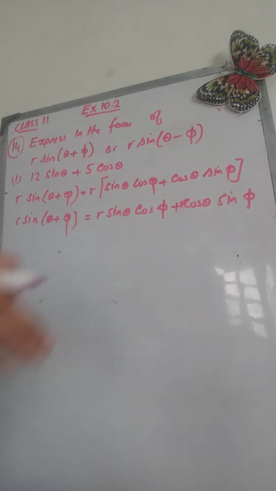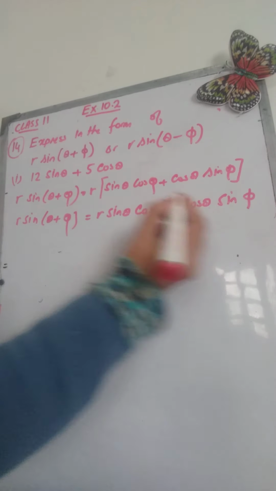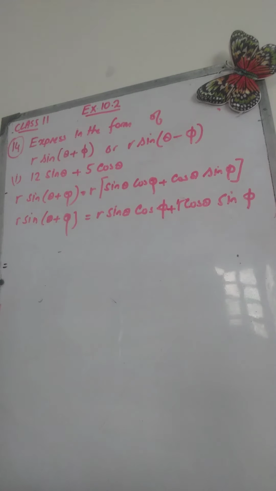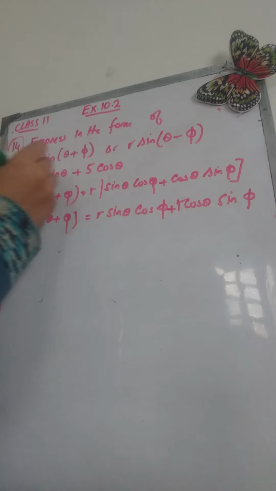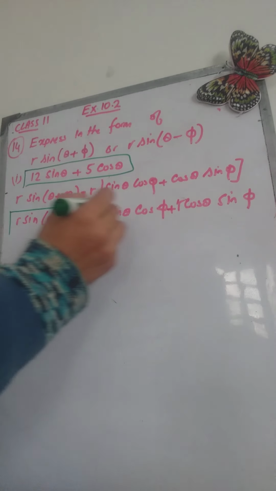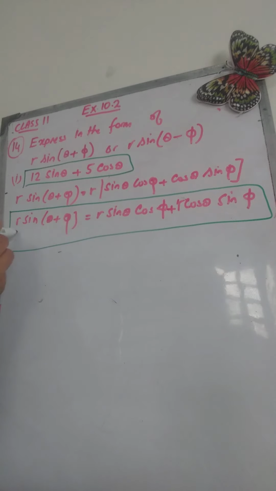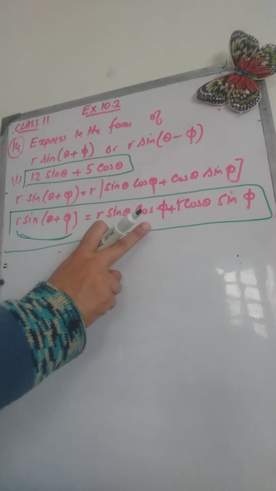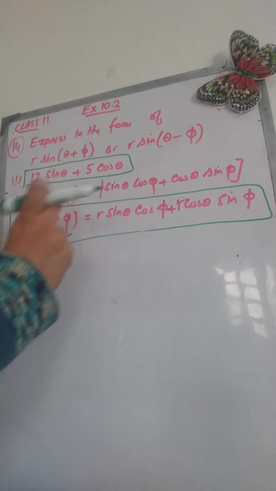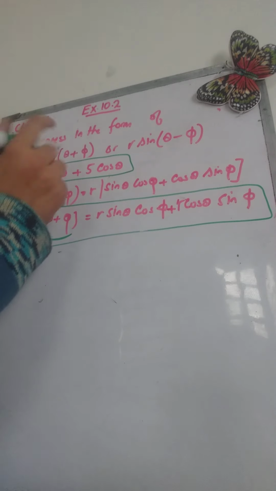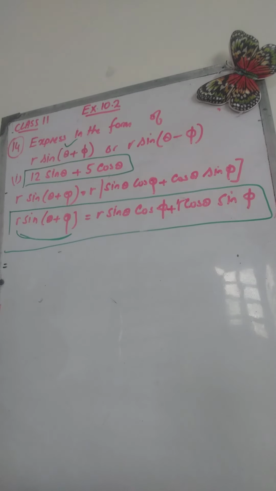so opening this bracket, now it is given to us that we have to express this expression in this form. Okay, the question is that we have to write this expression in this form, and in order to do that, first I am going to convert this into this form, and after writing this expression into this form, we will get what they want us to find. So we are given this.